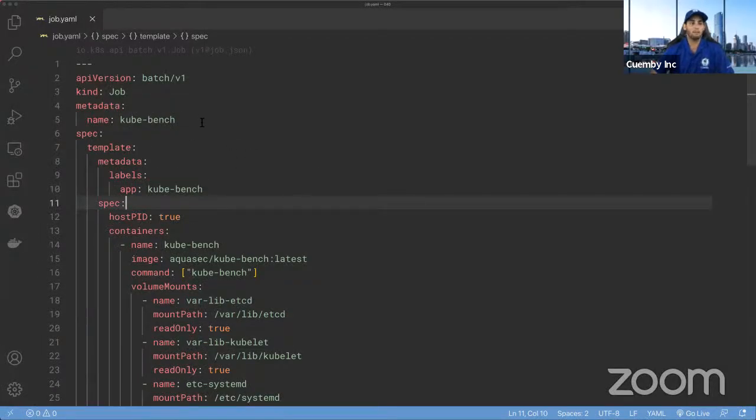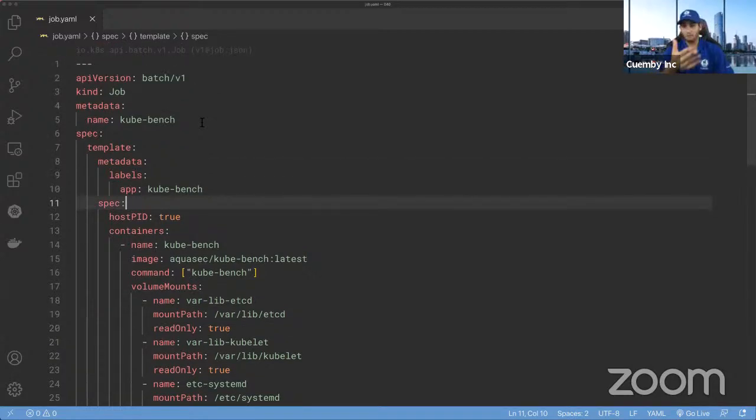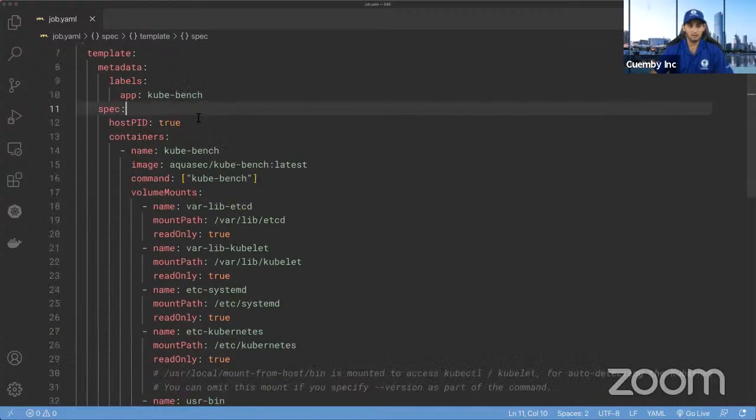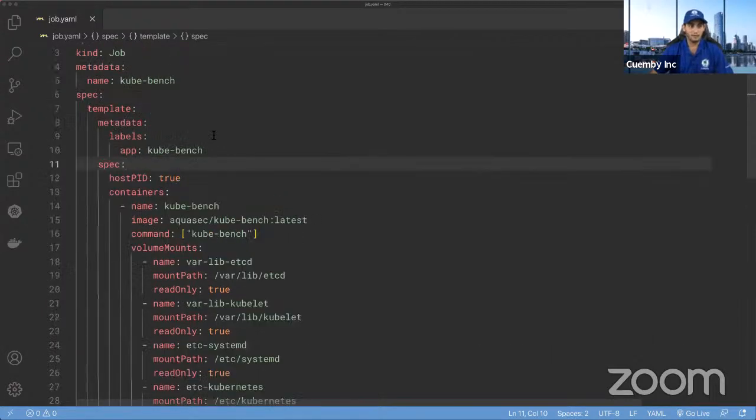So how am I going to run this? I'm just using exactly what they suggest on the website. It's to run it as a job, which, for you guys that may not know what a job in Kubernetes is, is just like a one-time pod running, and that's it. It will die. And we will retain the logs. With those logs, we're going to see what the output is, and then we will go from there.